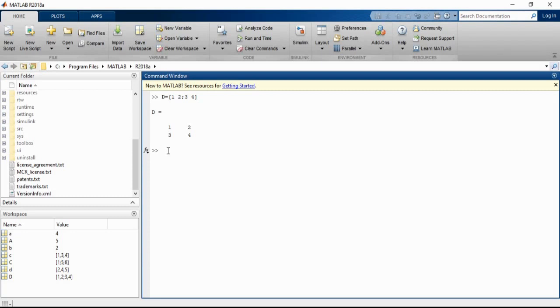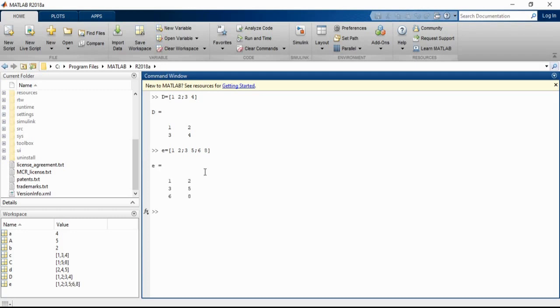So now let's say we will create another matrix is equal to, open the square brackets. So let's say we can create 3 by 2. That means 3 rows and 2 columns. So how can we create it? First row, you have to create 1, 2. Then I have to go for the next row, and the second row, say 3, 5, 6.